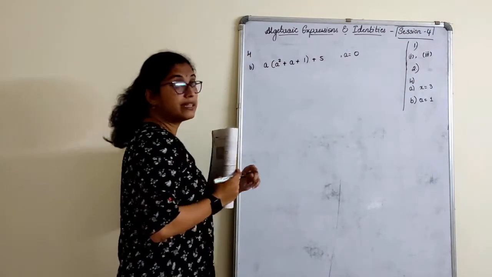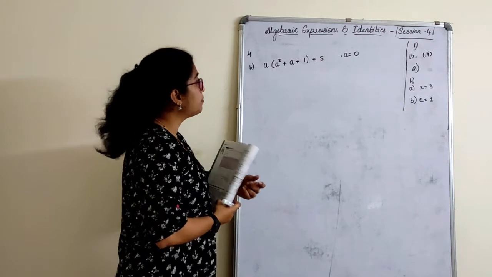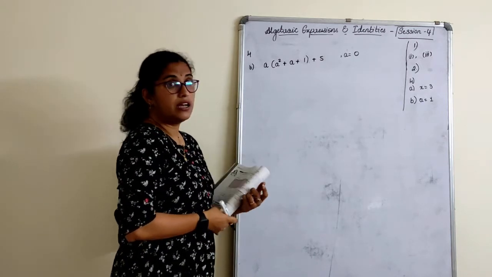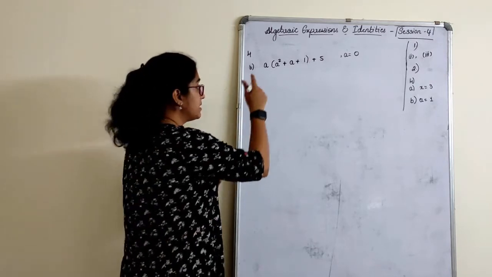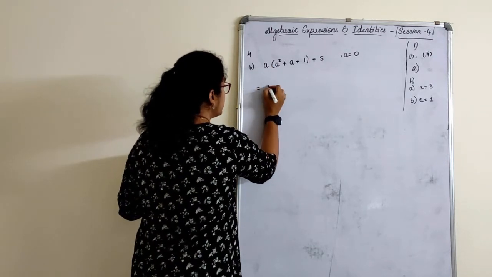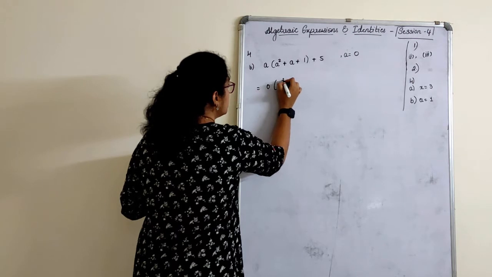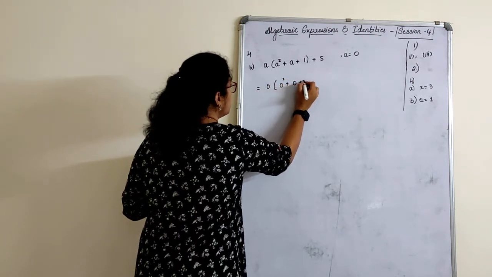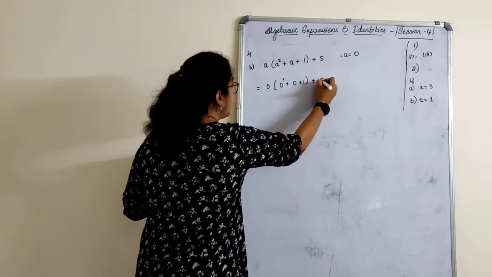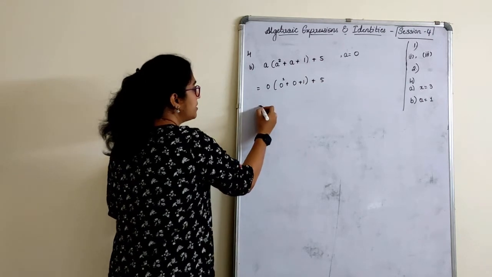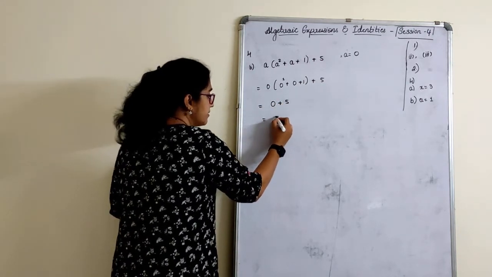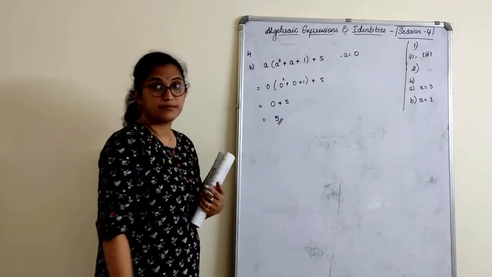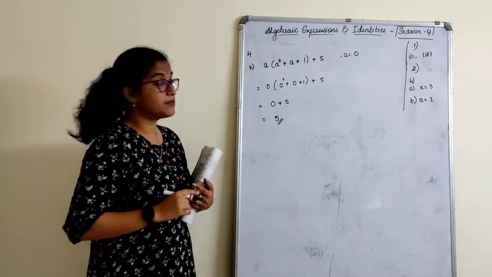Now, again, two methods you can do this here. Either put 0 there and then solve and simplify. Now, what I will do here is I will use another method. I will put 0 there only, wherever it is there. 0 square plus 0 plus 1 plus 5. 0 into any number is what? 0 plus 5. Answer is 5. So understood how can we substitute also?